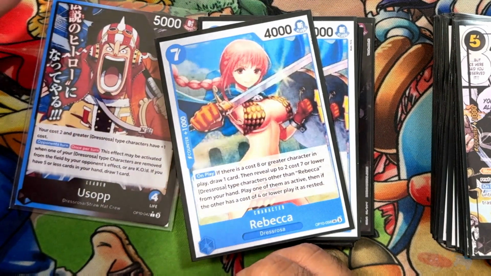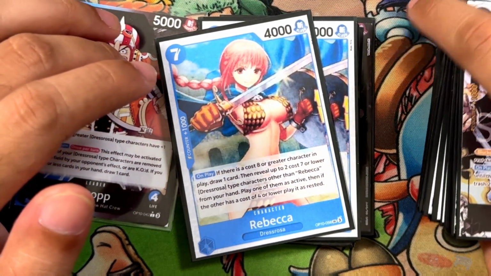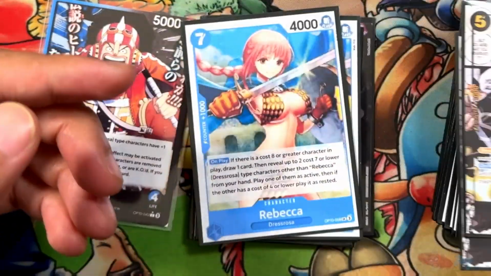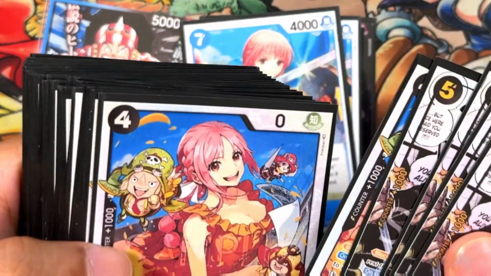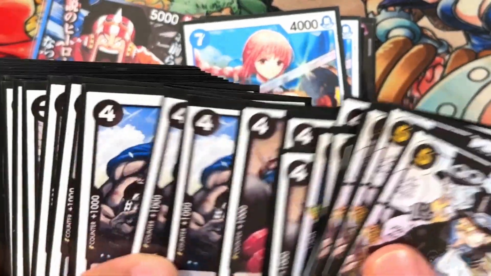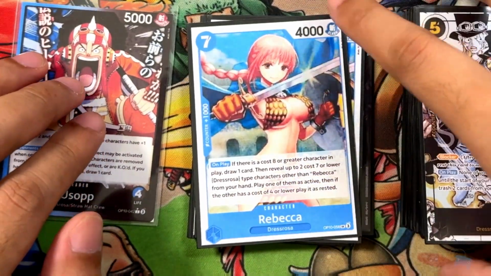So it's like a pseudo Gecko Moria. There's a lot of different things you can use. Imagine playing just this Rebecca, and then you get to play the Sabo, which is a blocker up, and then you can't play this Rebecca, but you can play this other Frankie here. There's so many different choices in here,